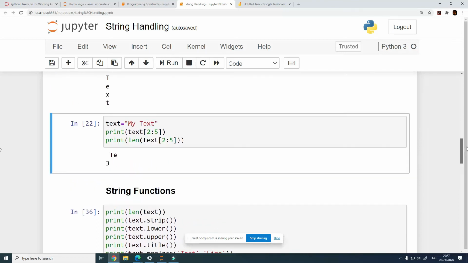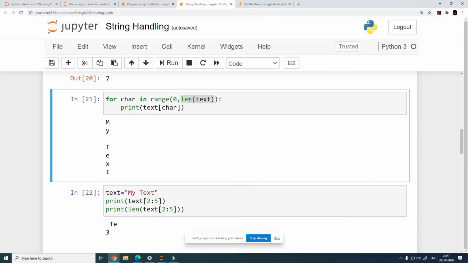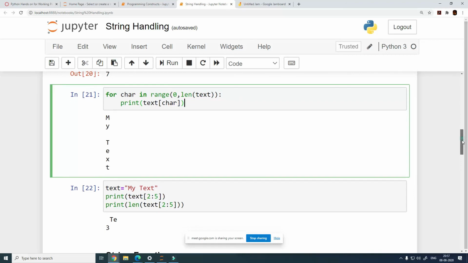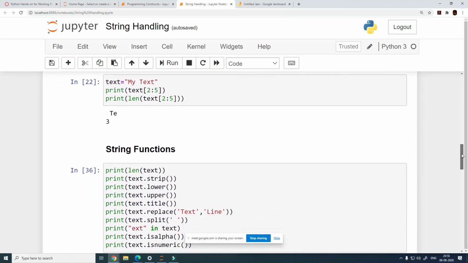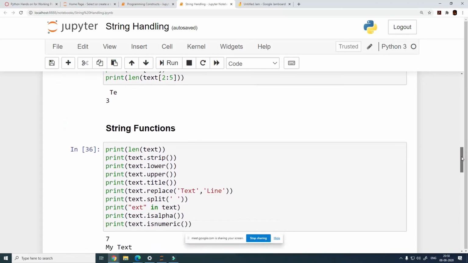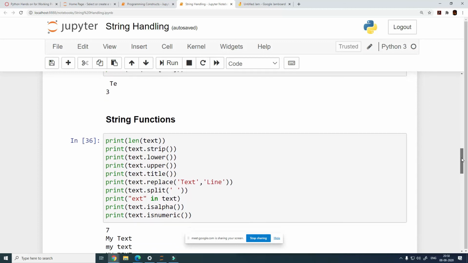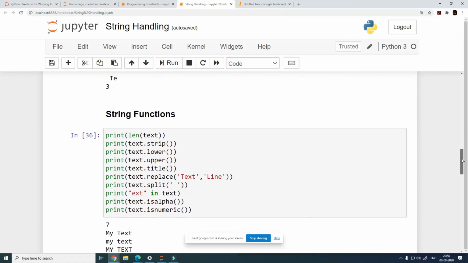Let's move on to the string functions. So we have already seen one function which is length. To manipulate the strings, there are many string functions which are available. It is definitely not easy and advisable to go through all of this, but you should have enough idea about the common string functions which are used, and have them handy.